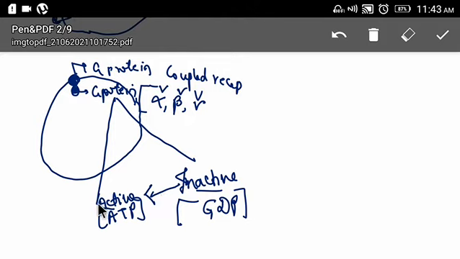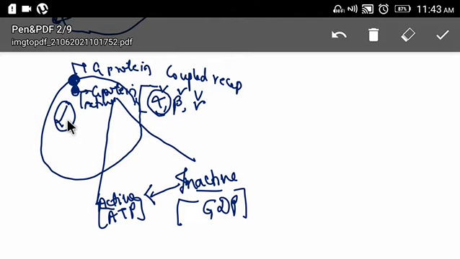Now the inactive state will convert into the active state. When the inactive state is converted to the active state, the alpha subunit will separate from this G protein. In the active state, this alpha subunit will detach from the G protein. Now the alpha subunit will detach, and this detached alpha subunit